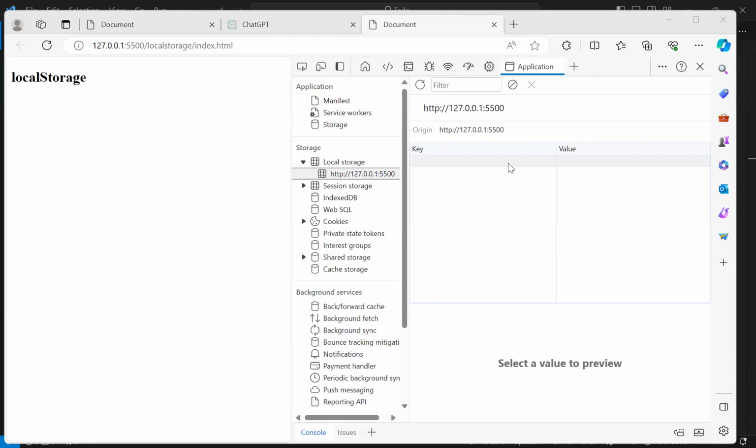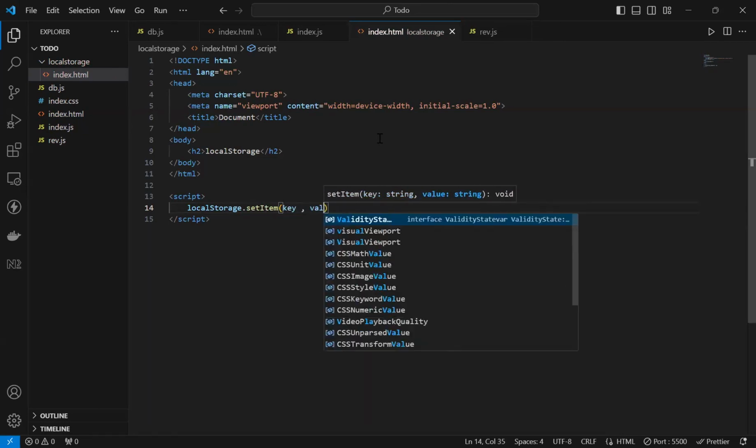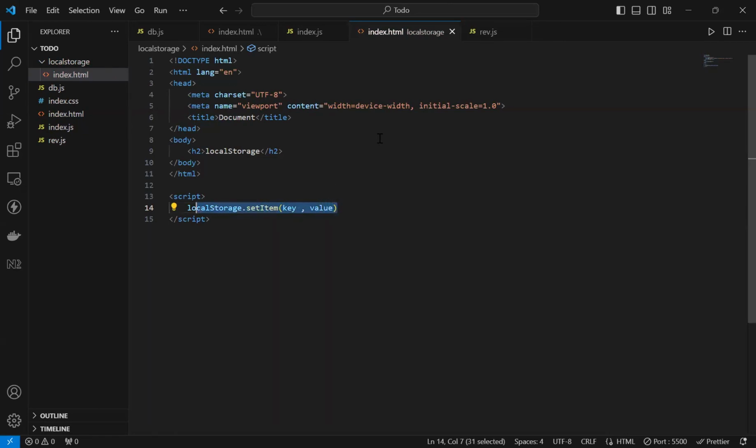Okay. So let's try to save some data on our local storage real quick. It's easy. All you have to do is write localStorage dot. If you want to store data, you write setItem, and then you write the key and value pair, right? So this is the syntax. Let's write it in actual code. You write localStorage.setItem, and inside it you write a key. So let's say the key is test, and the value is